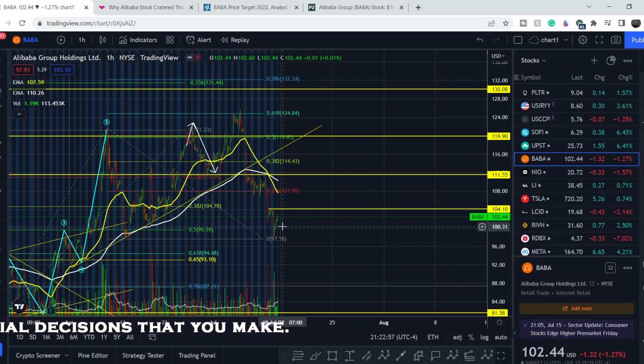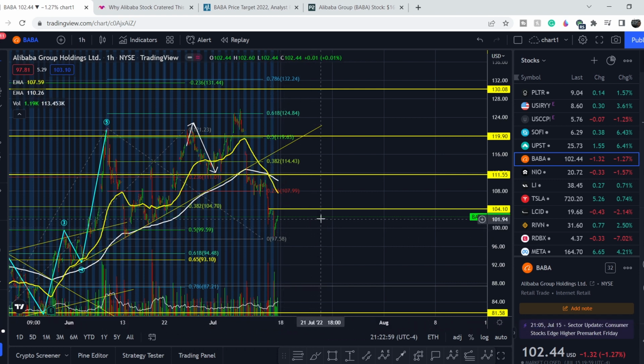And what should we expect next? If you are risky enough and if you want to enter your swing trade long position, I have to say that on the retracement, when we will see some kind of movement to the downside, you will be able to enter your swing trade long position, but you should put your stop loss slightly below this bottom, because it is the crucial point right now. And if this asset breaks this range of about $97.82,